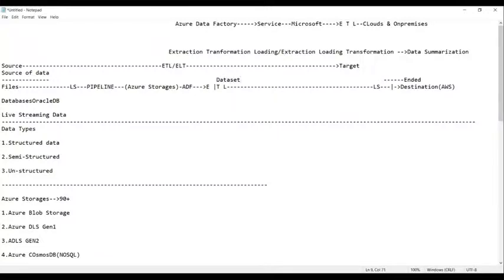Okay, now again, after the loading, we require one more data set. That is called a source data set, and then the target data set ultimately. Source data set and target data set. Am I right or not, everyone? Yes. And now to create the relationship between this pipeline and the external source, we use a linked service. Clear now, everyone, or not?